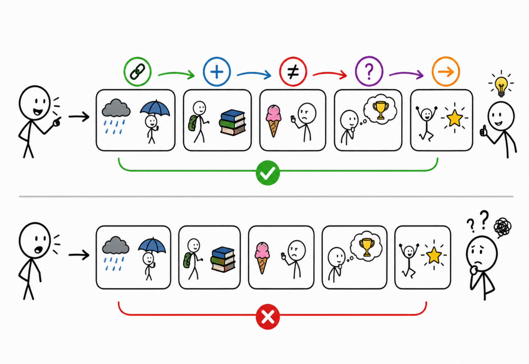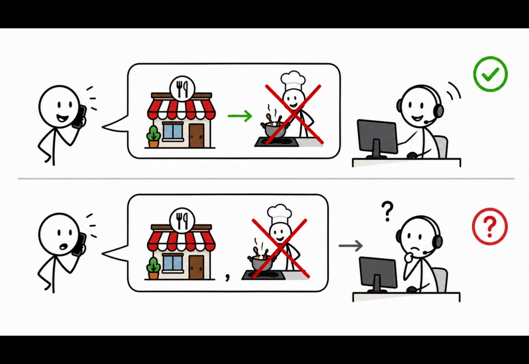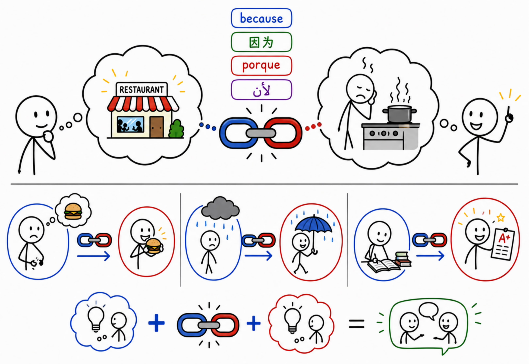These connection words tell the listener how different ideas relate to one another. Without them, communication becomes confusing. Imagine saying, I want to reserve a restaurant. I don't want to cook. People can still understand the message, but the relationship between the two ideas is less clear. By adding because, we instantly show the reason behind the action. That's why every language develops connection words and grammar structures. They help us build larger, more complex thoughts from smaller ideas. In a way, words are like building blocks, and connection words are the glue that holds those blocks together.